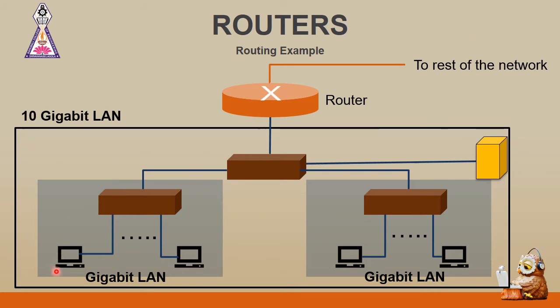Thus, the packet will initially have the link layer frame, and the destination address will be that of the router. The first destination will be the router. Once the router receives the frame, it will change the source and destination physical addresses. It will replace the source physical address with its own address, and it will replace the destination address with the next interface it has to pass in order to reach the destination. In this way, routing will be implemented.